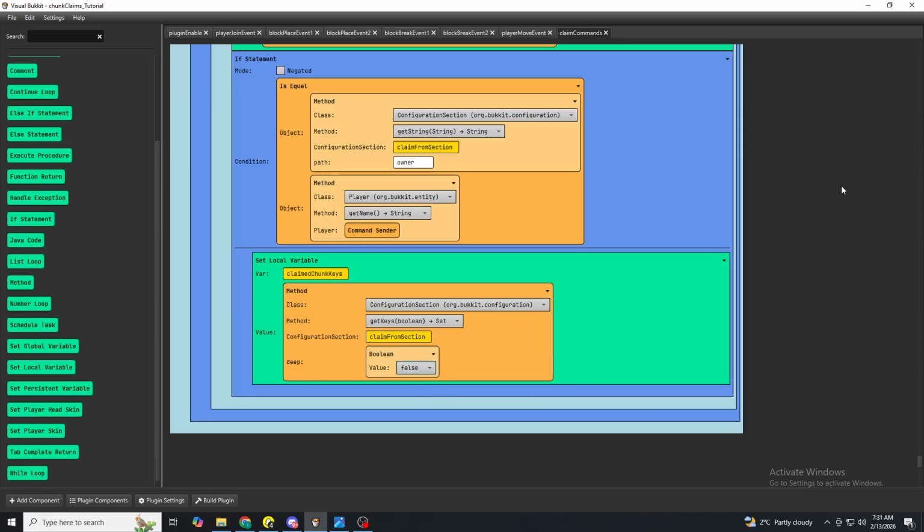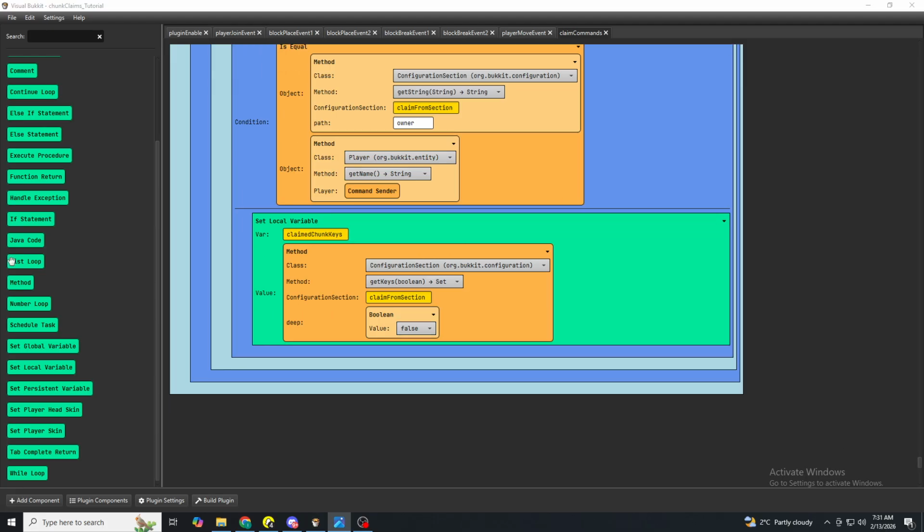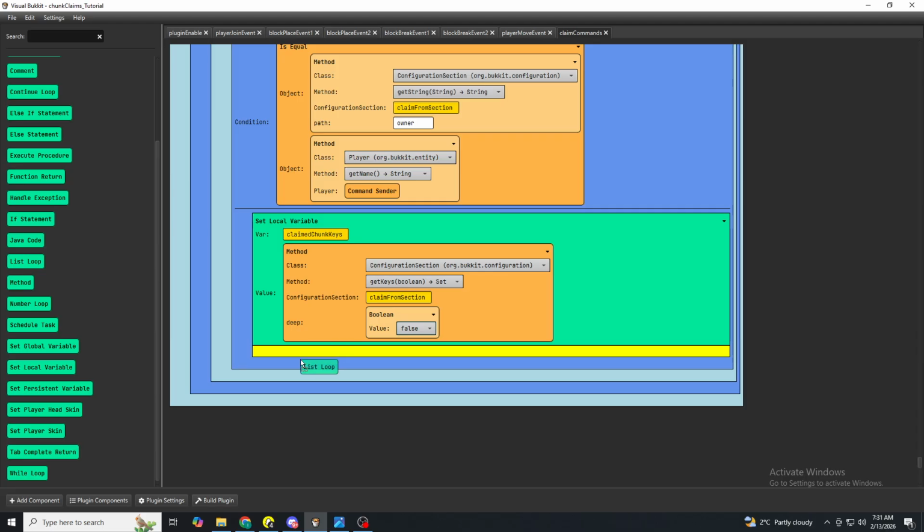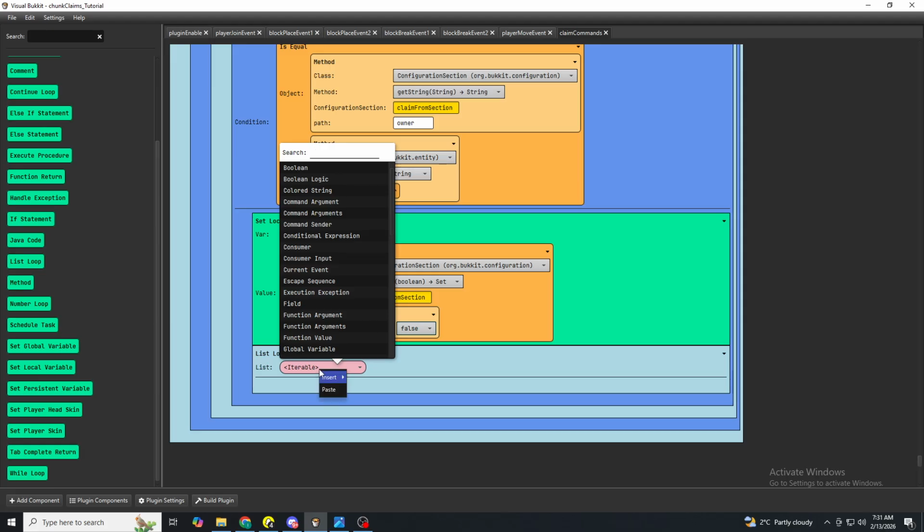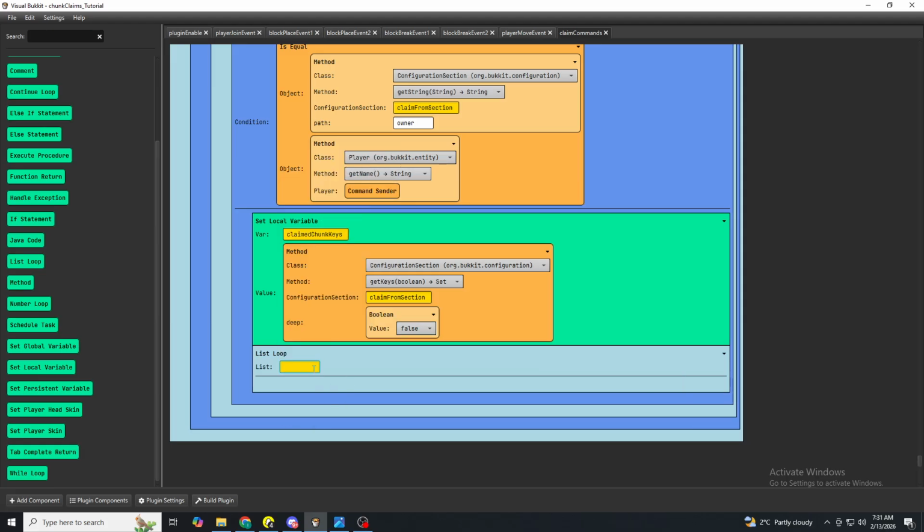Sorry, not true, false. Then we're going to do a list loop, put it under here. We are going to loop over the claimed chunk keys,